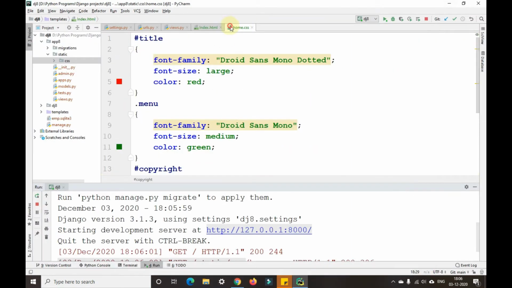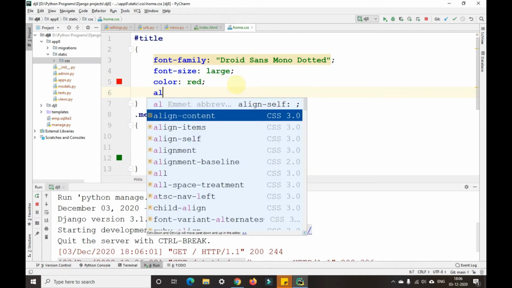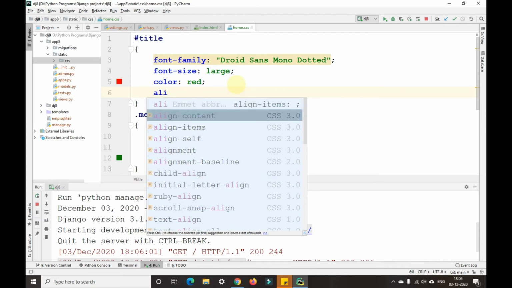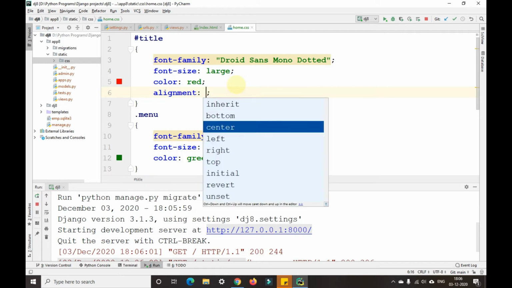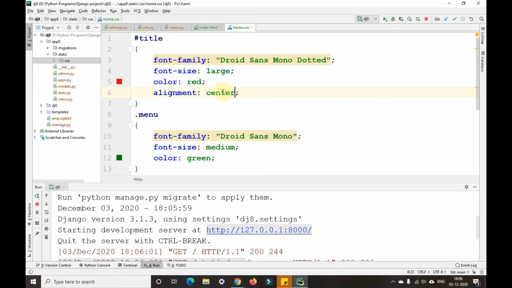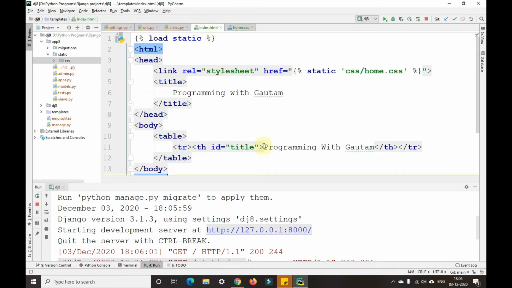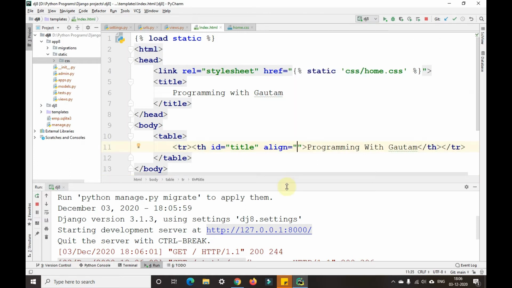So instead of getting that in the corner, I'll give align here only, align content, alignment center. Okay, when I go there and refresh here, we should actually get it in the center, but we are not getting it. Now why? So instead of giving it here, I'll just go into the index.html and give align tag here, center.